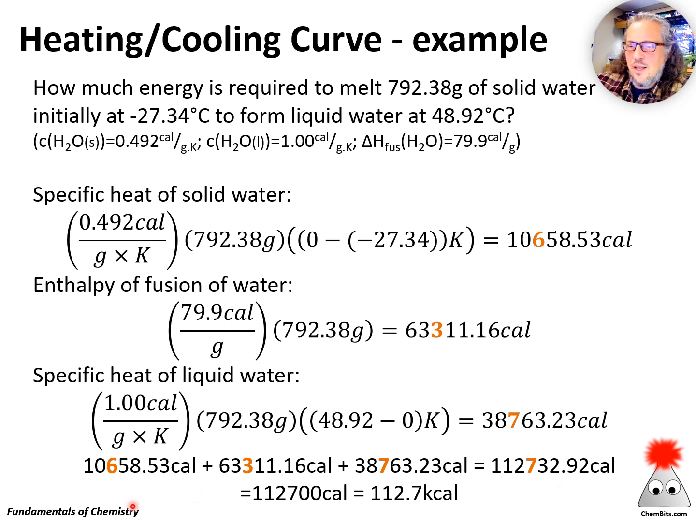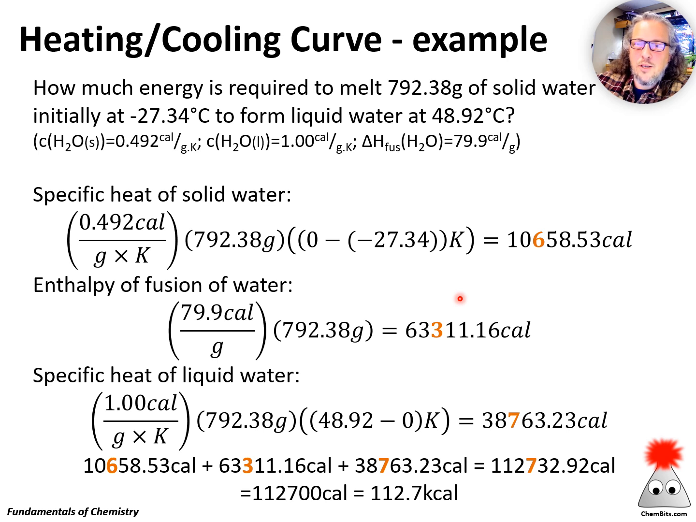So adding those all together, I get 112,732.92 calories. Let's check out those sig figs. I'm adding, so my sig fig is in what? It's the hundreds position here. It's the hundreds position here. And it's the hundreds position here. So all of these are going to round to the same place, the hundreds position, and converting that to kcal because it's a big number, I'll get 112.7 kcal is the amount of energy required to heat that water through